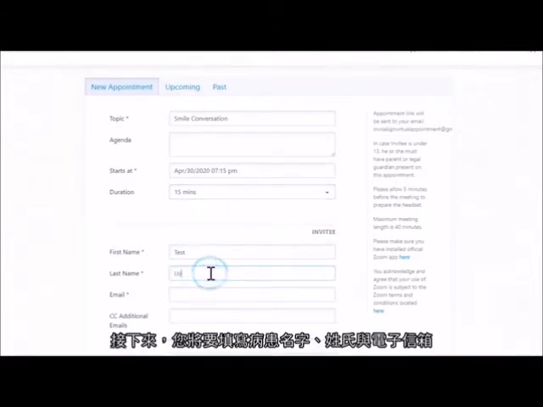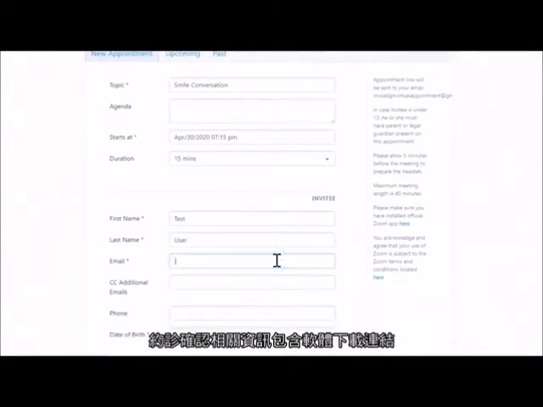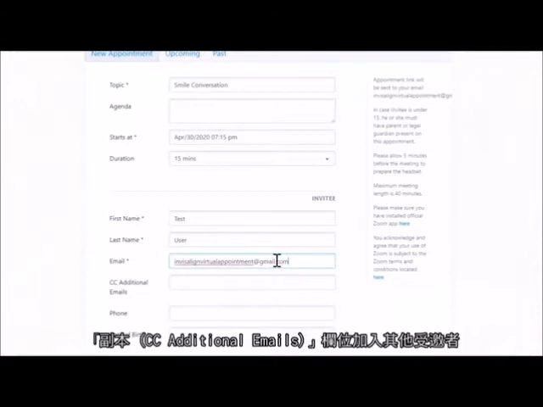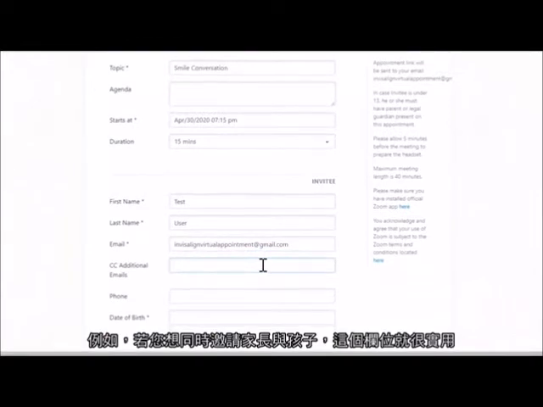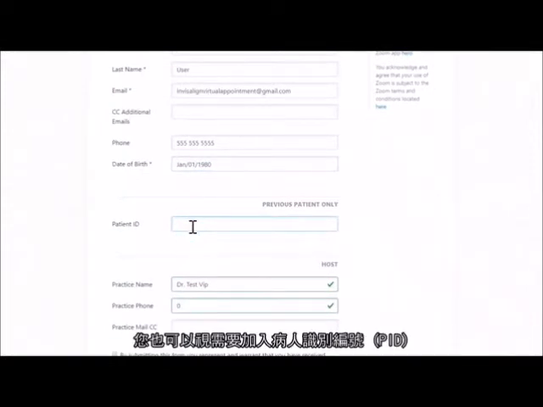Next, you'll fill in the patient's first name, last name, and email address. The appointment confirmation, which includes the download link and start appointment link, will be sent to this email for the patient. You can also include additional invitees in the CC additional emails field. As an example, this could be helpful if you would like to invite a parent and a child. Choose a birth date. If this appointment is for an existing patient, you can include a patient ID if you